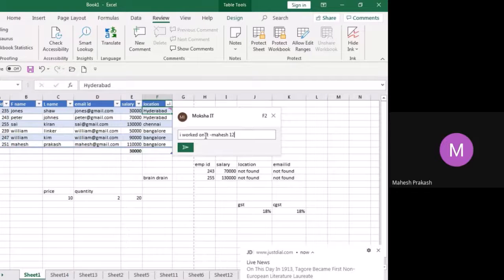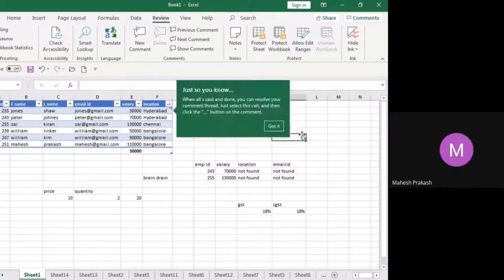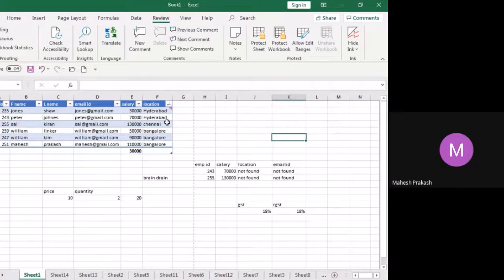Similarly, he'll put the date as well. Done. So if you go over here, it will show that Mahesh worked on it at so and so time. That is the use of comments. So whatever changes you are doing, you can have a flow of it. Anyone making changes, they can see it.